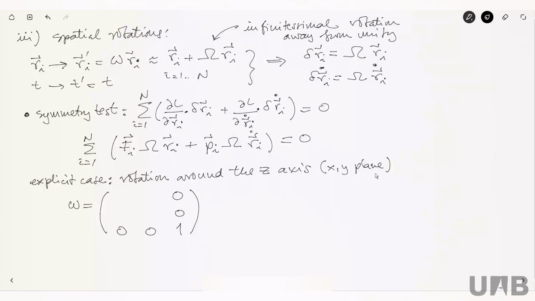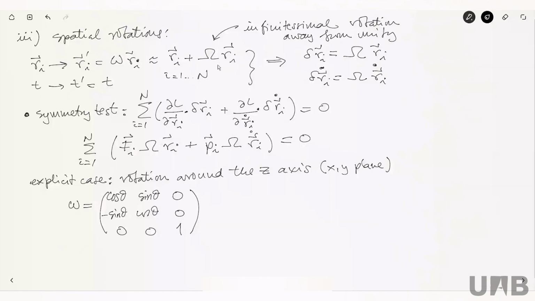I think this matrix is cosine theta, sine theta, minus sine theta, cosine theta. Yes, exactly. It's cosine theta, sine theta, minus sine theta, cosine theta. That's exactly what it is. Precisely. Yes. Okay, but now we have to extract from this capital